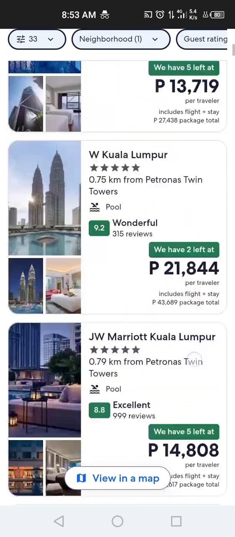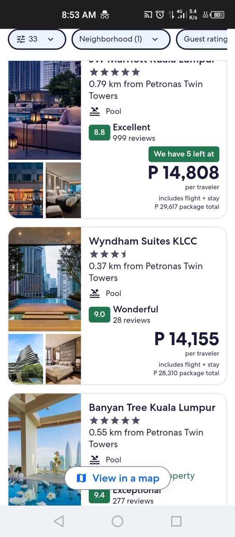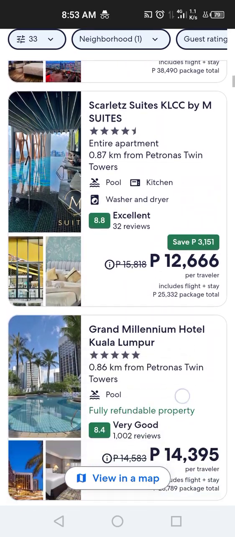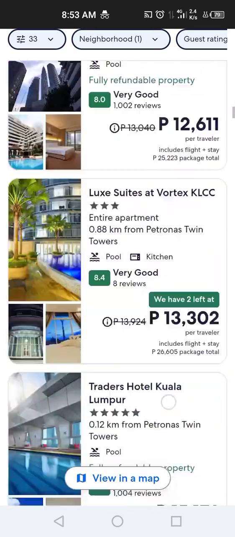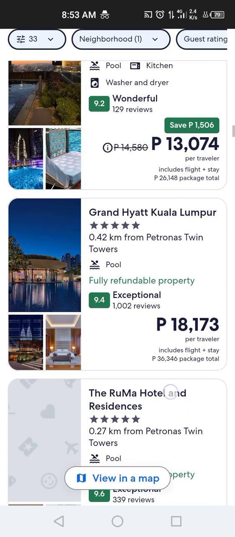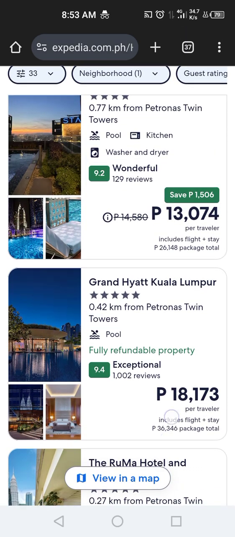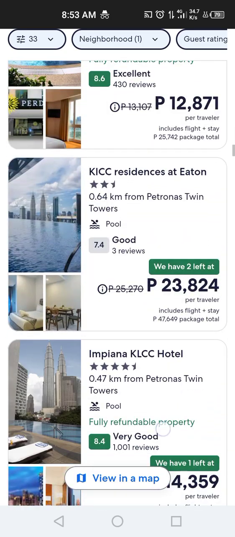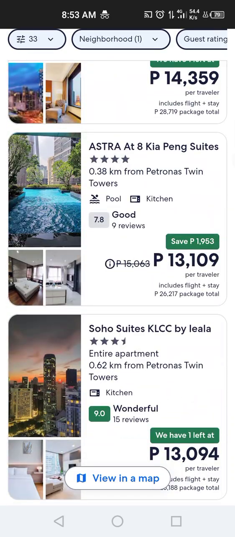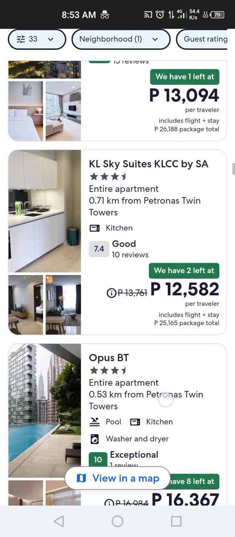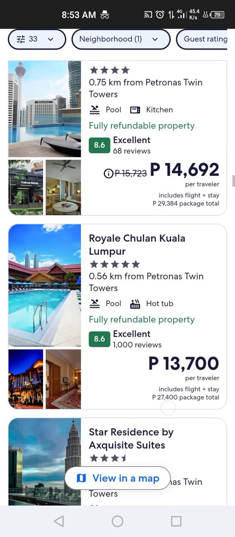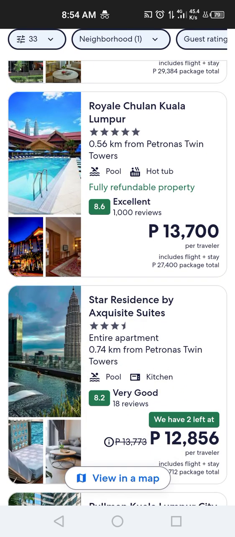Yep, yep. They only have this one, so there's no hot tub in here. My goodness. Hey, hot tub.